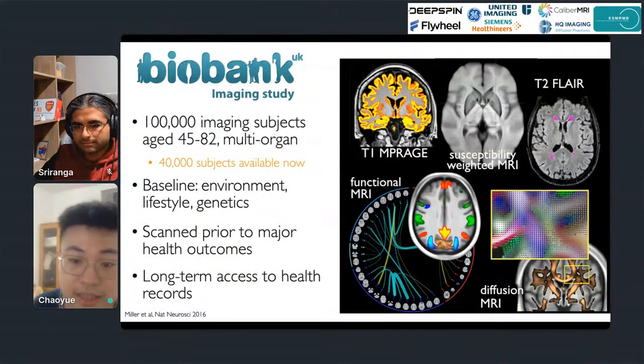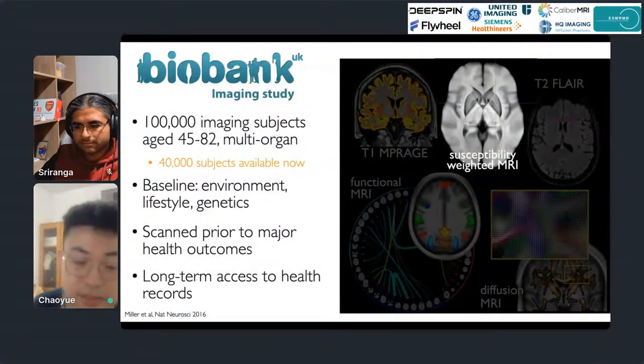As shown on the right-hand side, multiple modalities were included in the brain imaging protocol. My work has been focusing on the susceptibility-weighted MRI data, in particular to do quantitative susceptibility mapping, or QSM,